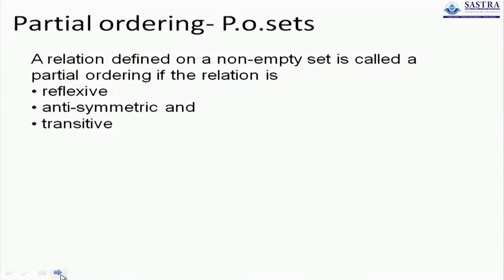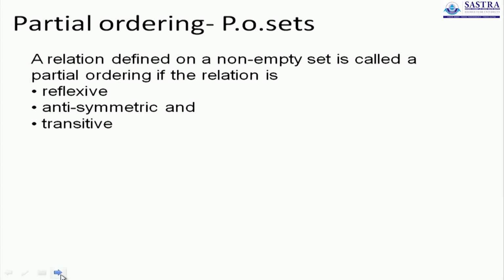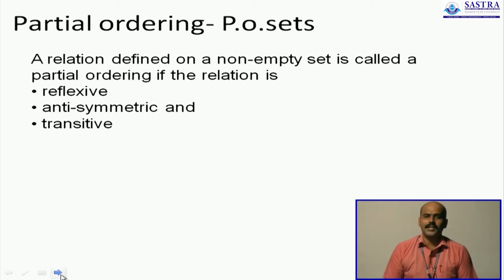To understand what forms a lattice, it is necessary to understand what forms a partial ordering. A partial ordering can be defined as a relation on a non-empty set which is all of reflexive, antisymmetric and transitive. Now you may recall from the previous lectures when we call a particular relation reflexive, antisymmetric and transitive. To give you a refresher on the concepts, I will explain all 3 of them using a simple example.